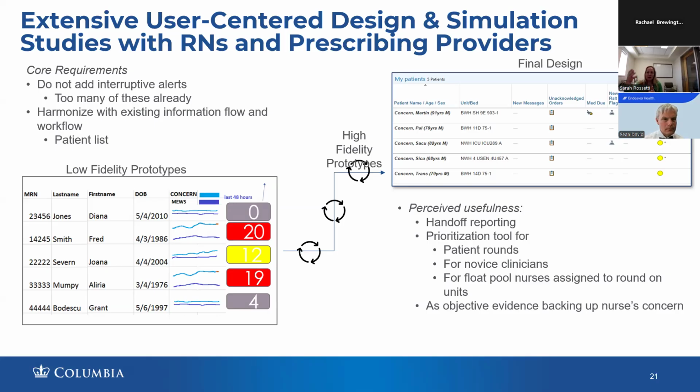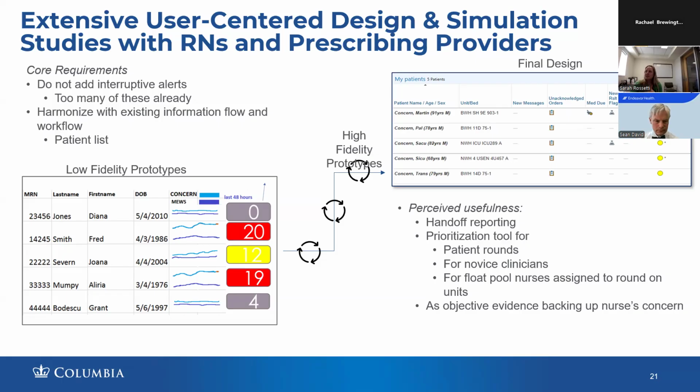And so it could have been numbers, like 12, 19, but that's too big of a scale, too meaningless to clinicians. And so we had to do that work to present them, in low fidelity ways, with what would you like this to look like? And then what's the actual information that's useful? And then, within that information, how is it actually digestible and interpretable so that you can make sense of it and take clinical action? And so what we landed on is that final design that you see there, where it's embedded within the patient list, which is the landing page.